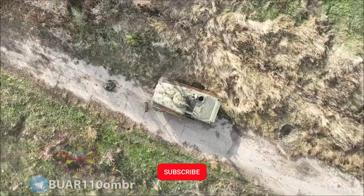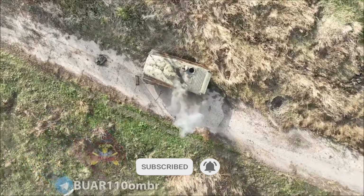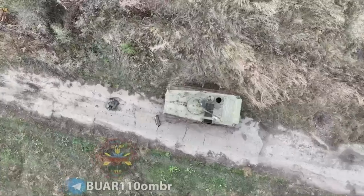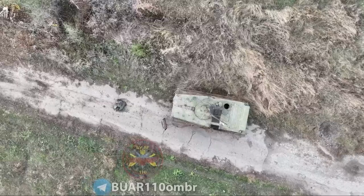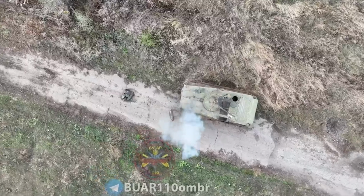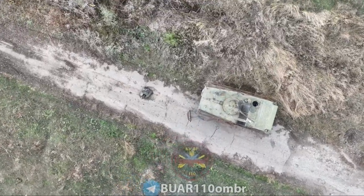As the BMP-1 has such low roof armor, even high explosive dual-purpose grenades penetrate all over, making every hit possibly fatal for the vehicle. As the drone operator hits 2 times, one of the grenades starts a chain reaction inside, starting an internal fire